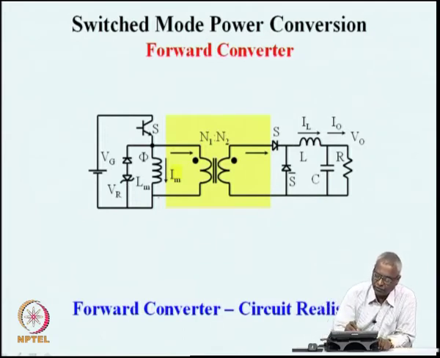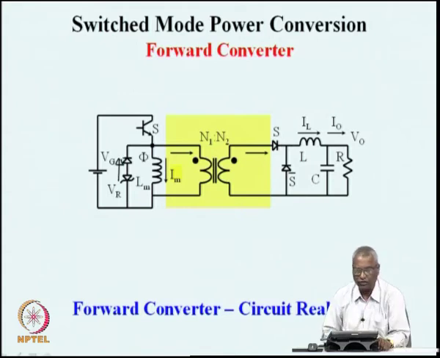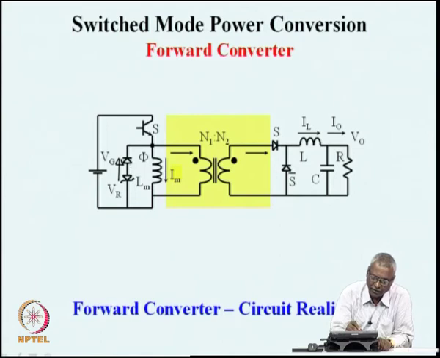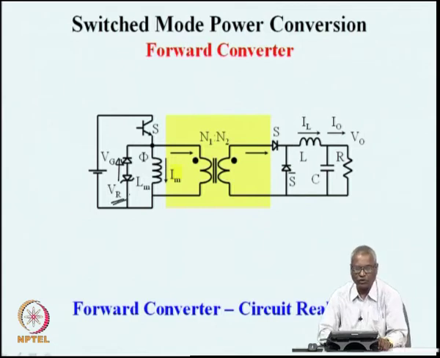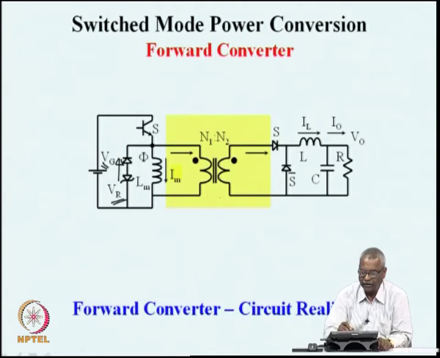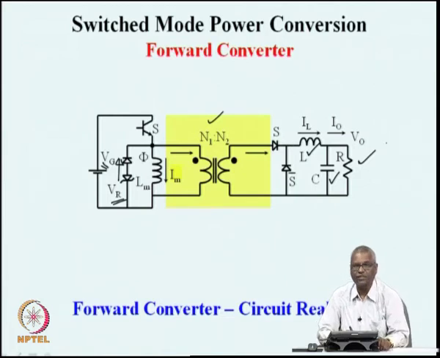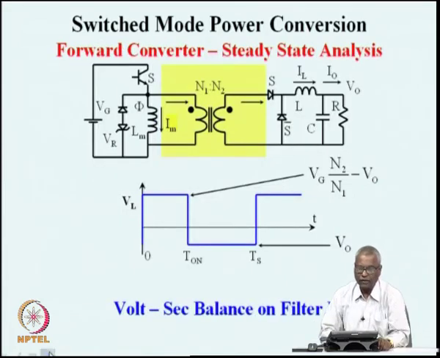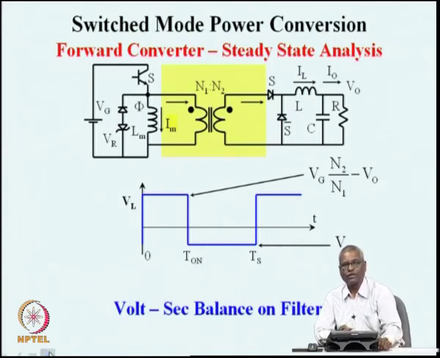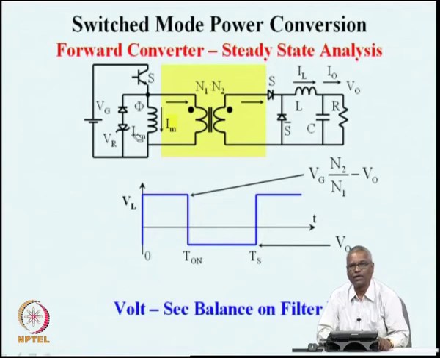When current is flowing through this reset branch, you will find that the current is in the direction of the diode, so no voltage drop. The current is against the direction of the Zener, so you have a Zener voltage drop with a minus sign, and that will be equal to our reset voltage. The supply voltage is Vg, the transformer has a turns ratio of N1 to N2, and the usual reactive elements L, C are there, and this is the load resistance R. Now, this is the circuit realization of a very simple forward converter. So, let us look at how the voltage relationship between the input and the output will occur in this case.